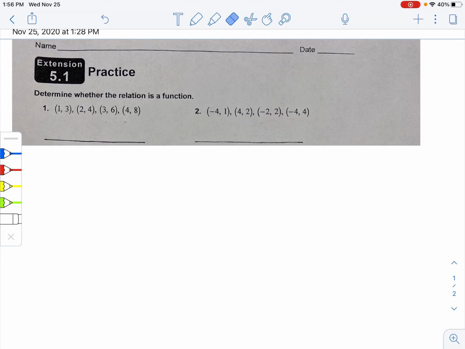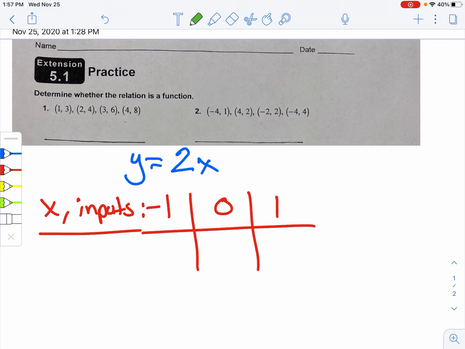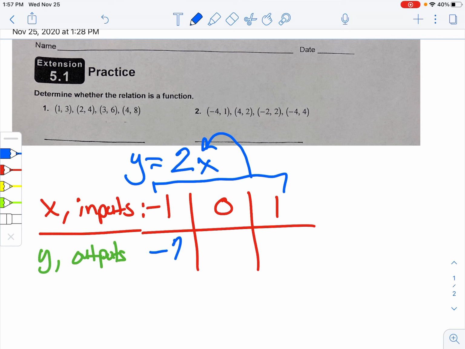We also have y values, and these are our outputs. And we find what the output is by taking the inputs, taking the x values here, and putting each individual one in for x, and then that'll tell us what our output is. So -1, if we put that in for x, we have 2 times -1 would give us -2. If we put 0 in for x, 2 times 0 gives us 0, and 2 times 1 would give us